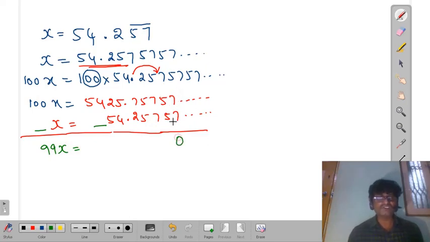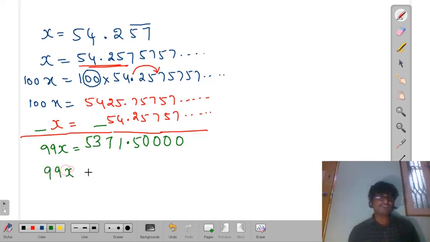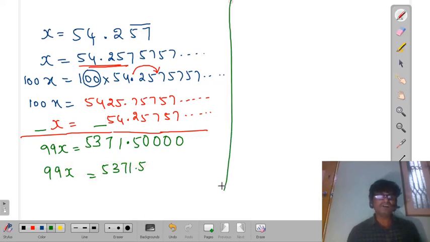So 7 minus 7 is 0, 5 minus 5 is 0, this is 0, this is 0. You see here, 7 minus 2, this is 5. Point, 5 minus 4 is 1. 2 minus 5, 5 will not go from 2, so take 1, borrow. So 12 minus 5 is 7, 3 will be here, 5 will be here, so 5 3. So we can say 99x equal to 5371.5, or we can say x equal to